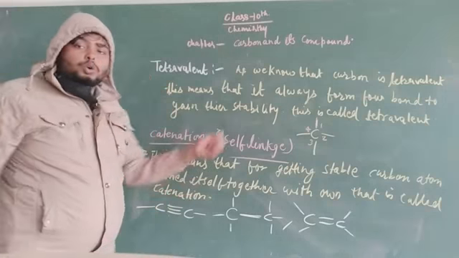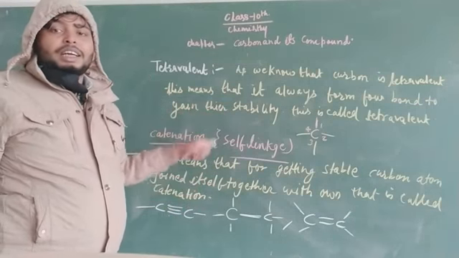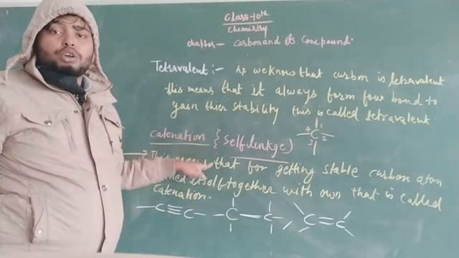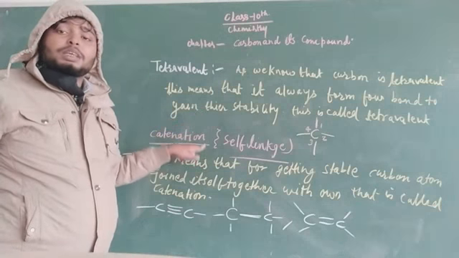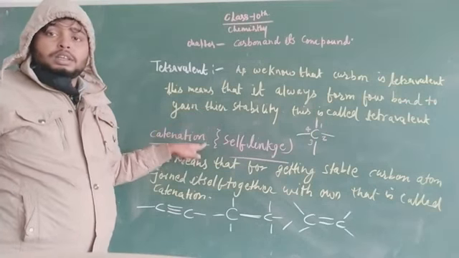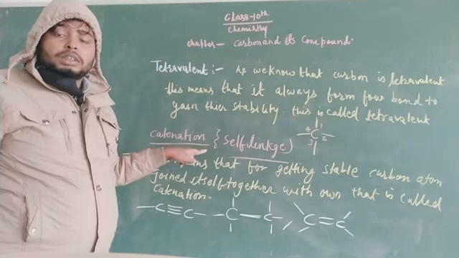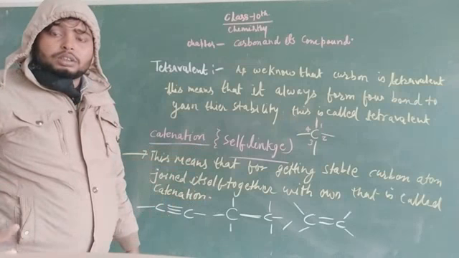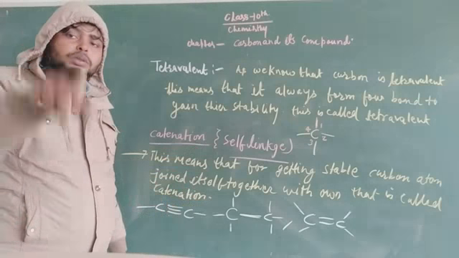So these are the two main important properties, that means tetravalency and catenation. You have to study about it. You have to learn the definition. You have to completely understand it from the marks point of view. This is most important. This also comes in the CBSE exams from class 10th. Your next exam, term 2, is going to be subjective as per CBSE rules.